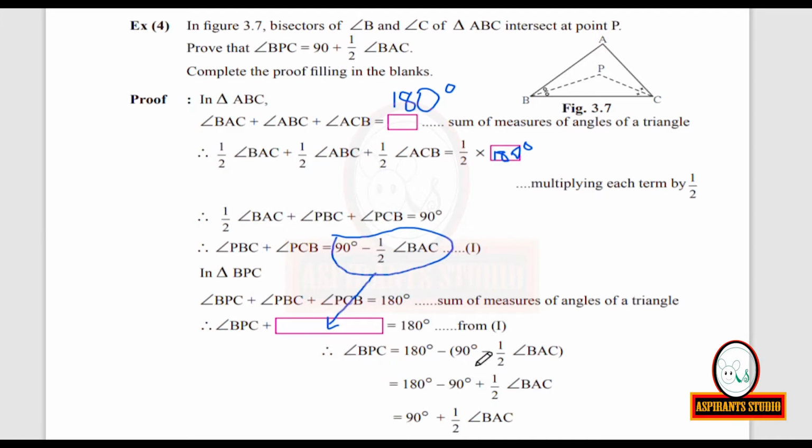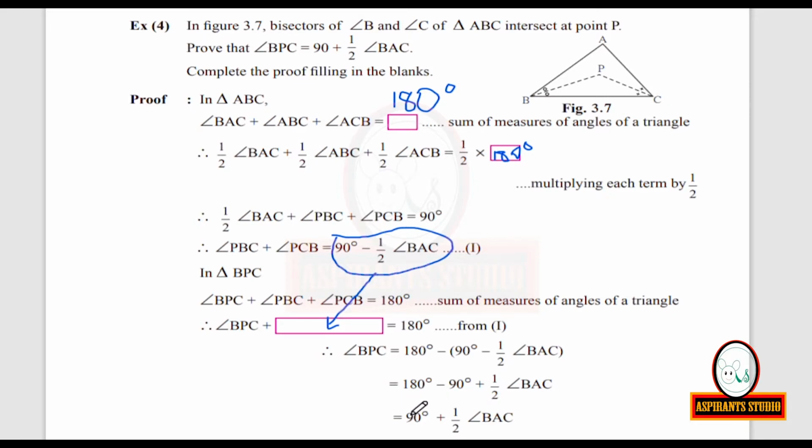When taken to the other side, plus will become minus. Open the bracket and write what is over here, 90 degrees minus half of measure of angle BAC. So, the operation plus becomes minus over here. Don't forget to put the bracket because this minus is common for the first term here as well as for the second term here. Now, minus into minus will become plus. So, in the second one we have plus. Minus into plus is minus. So, minus into plus becomes minus and minus into minus becomes plus. So, the equation goes on like this.